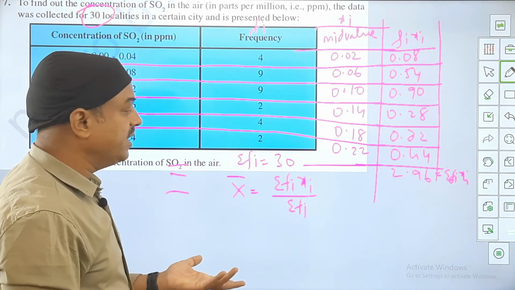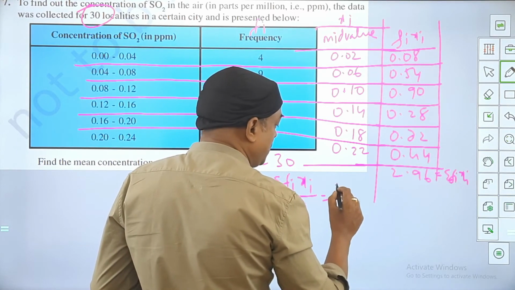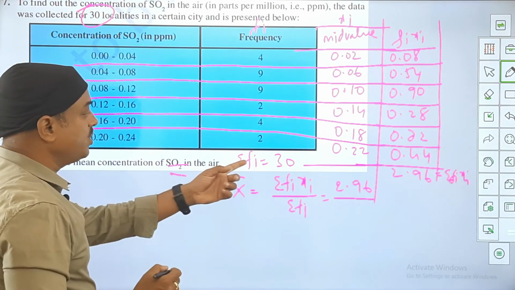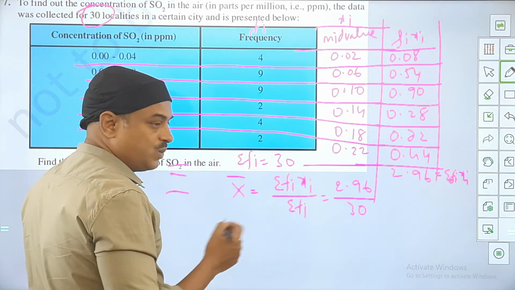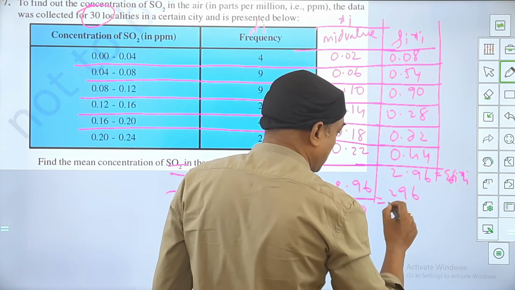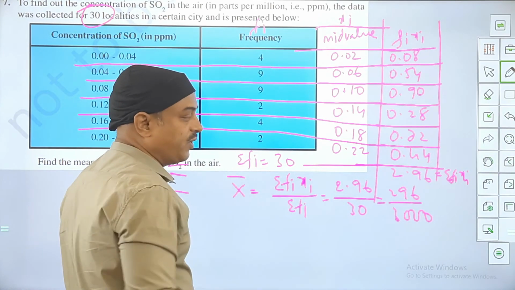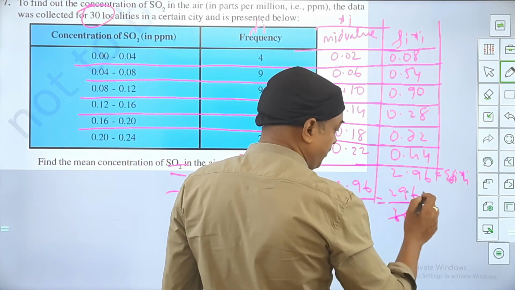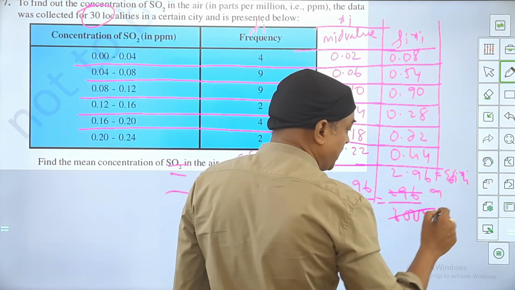So I'm not assuming anything. Please remember this formula and apply the numbers. Now this is going to be 2.96 upon the number of households, which are how many? 30. So I got a 30 over here. So you can make it simple. Try to make it like 296 upon something like 3000. We have followed by 2 decimals, so it is followed by 3000. So if you can roughly cancel by 3, how much do I get? Roughly cancel by 3. If I cancel by 3, 27 will be 9 times here.